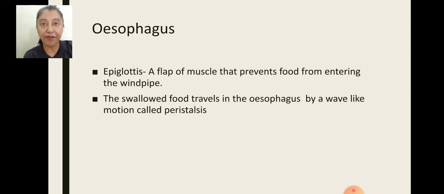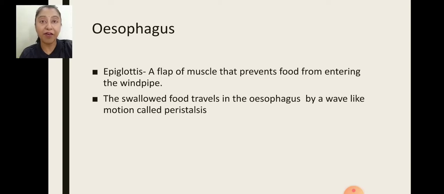You know, students, if someone chokes very badly or the food enters exactly into the windpipe, it can even cause the death of the person. So it is always advised that while eating we should be quiet and concentrate on the food, because if we do many activities together, the epiglottis is unable to cover the windpipe on time and it can cause choking. So the epiglottis is at the end of the tongue, a flap, or you can say a leaf-like muscle. It is actually cartilage which prevents food from entering the windpipe.